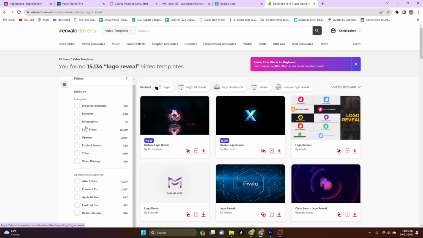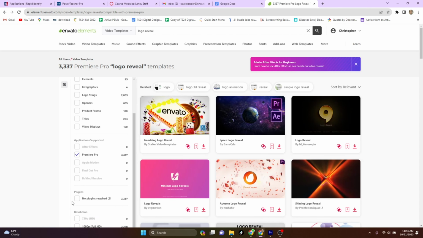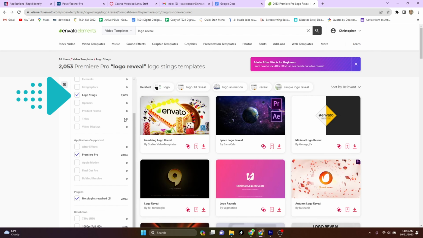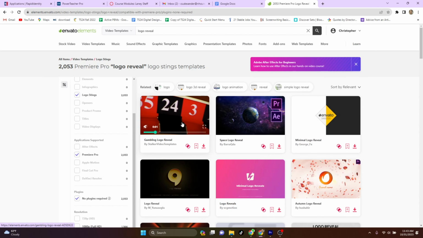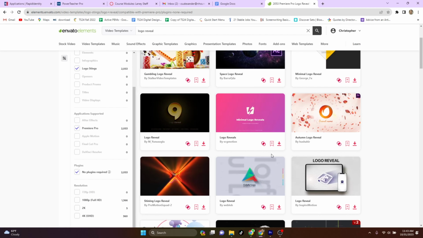And then over here on the left, you want to click on Premiere Pro, and then hit no plugins required, and then click on logo stings, all right? So these are the logos, they're called logo reveals or logo stings. These are the different ones you can choose from, all right? So by clicking Premiere Pro and no plugins required, you should be able to use any one of these that